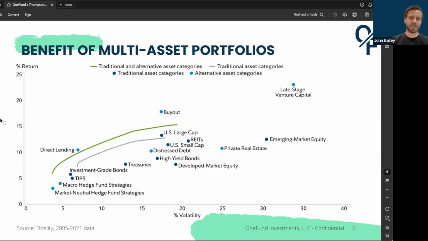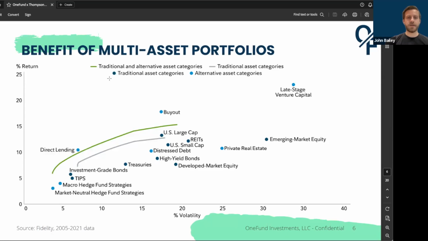But Chris, I want to hand it over to you a little bit to talk more about portfolio construction, but I do just want to share one slide to tee you up, because this is honestly one of my favorite charts that I've seen, because I think it highlights really well why we're doing what we're doing here at OneFund. If people have come on our previous webinars, you've definitely seen this before, because I'm obsessed with this chart and I show it all the time. This is talking about the benefit of a multi-asset portfolio and the benefit of incorporating alternatives, whether they're private equity or distressed debt or private real estate, into your portfolio.